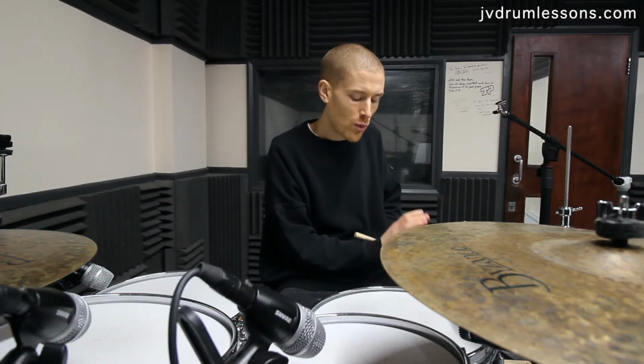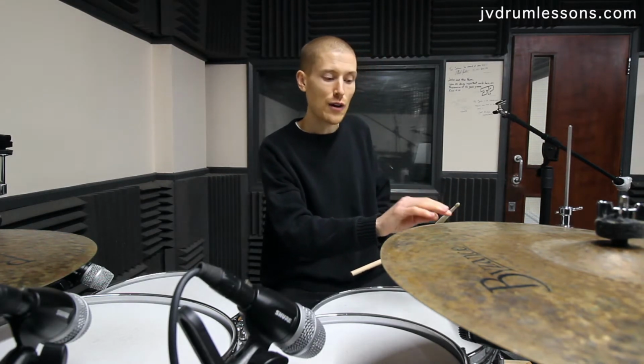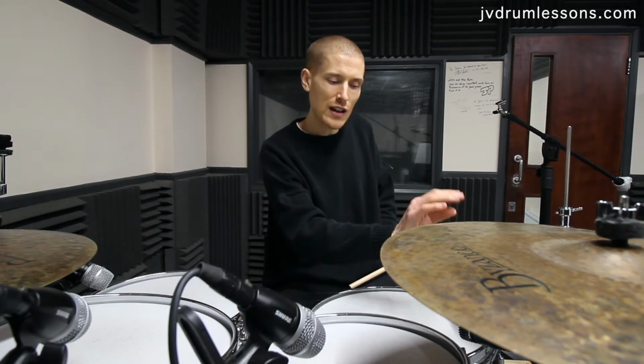So normally we have a bit of weight on the front of our foot to keep those hi-hats closed, but now we're going to take the weight off the front of our foot so the cymbals haven't got any pressure on them, so they'll sound trashy. It's hard to find that point,